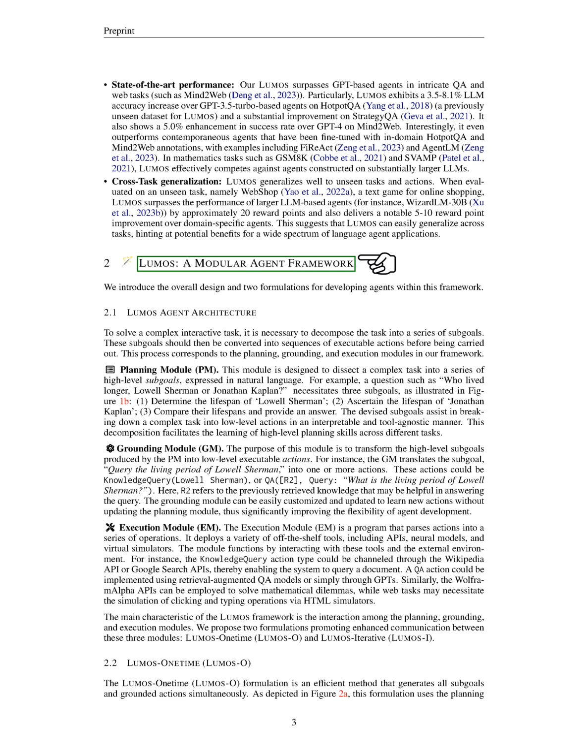LUMOS, a modular agent framework. We're excited to introduce LUMOS, a modular framework designed to help build intelligent agents. This framework is designed to tackle complex tasks by breaking them down into smaller, manageable subgoals. These subgoals are then transformed into a series of executable actions. This process is managed by 3 key components of our framework: the planning module, the grounding module, and the execution